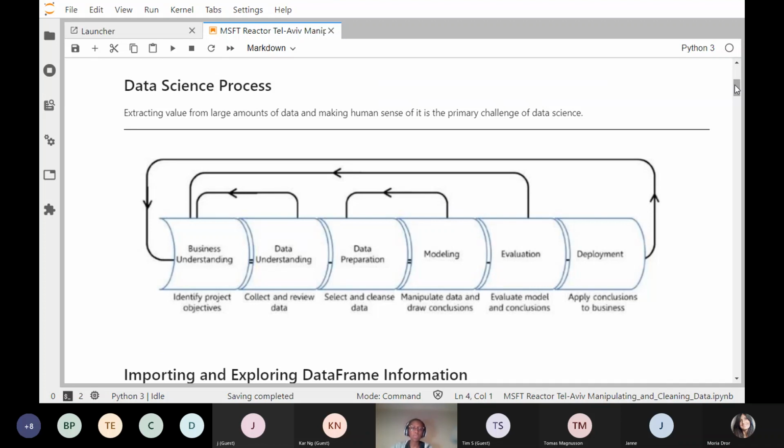So in case you're working in a specific industry for the first time, you need to understand what the industry does and how they operate so that you can get the objectives and know what exactly you need to do with your data. Then after you've understood what your objectives are with the data, now it's time for you to understand what data you need. So you'll need to collect the data, you need to review the data. So probably you can go to Kaggle and download data sets there,